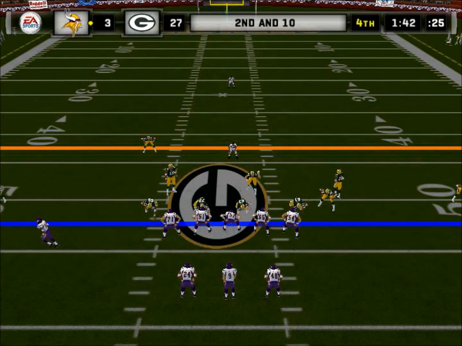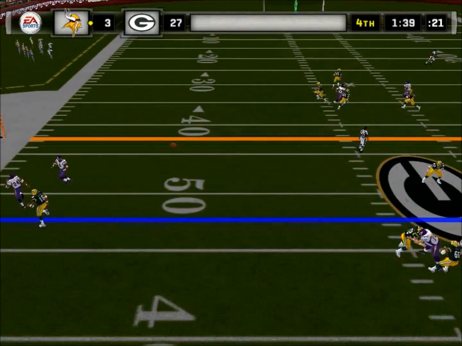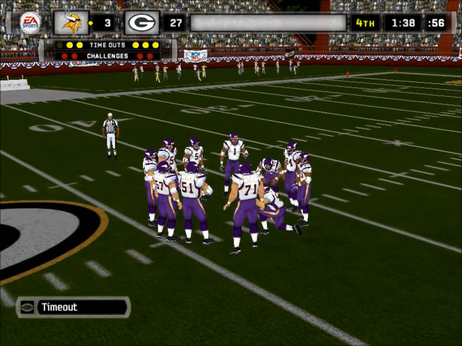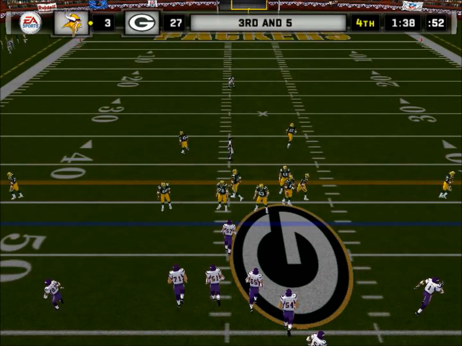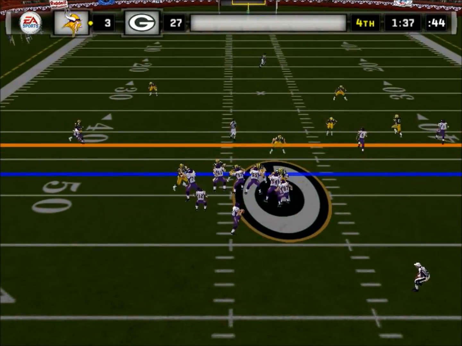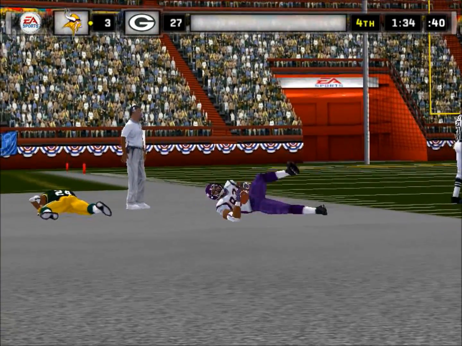In the gun, shifting around is the Packers defense. That's going to be caught, but he's still in bounds. They're going to take a timeout here. Felt it was easier to take a timeout than to try to go no huddle. 3rd and 5. They're going to throw it here. He's going to catch it, but he's not going to get past